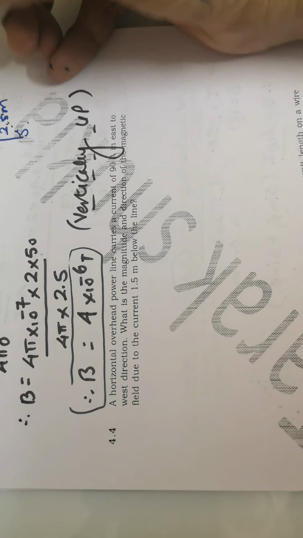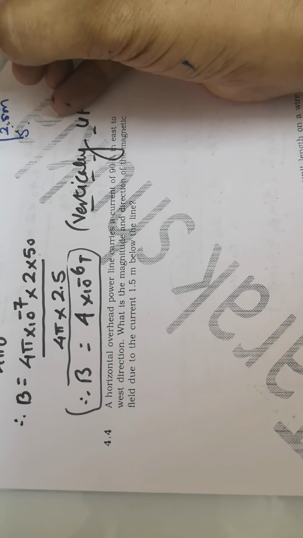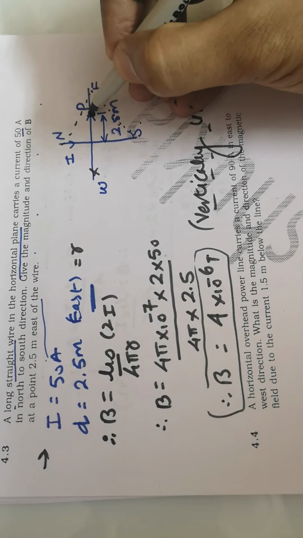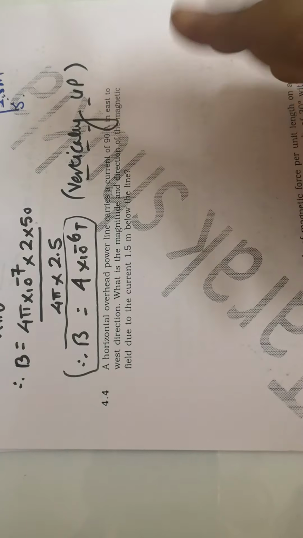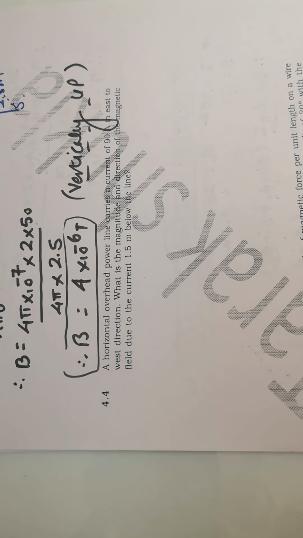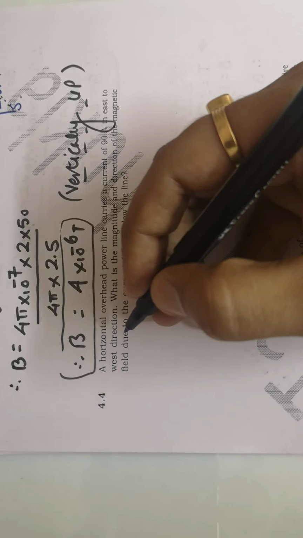If you want to mention it in terms of dot and cross, there would be a dot over here and a cross over here. The magnetic field lines are coming up and going inside. So this is the direction of your magnetic field. You can do previous types of practice and cope up with the examples.